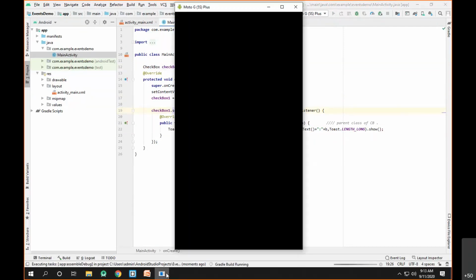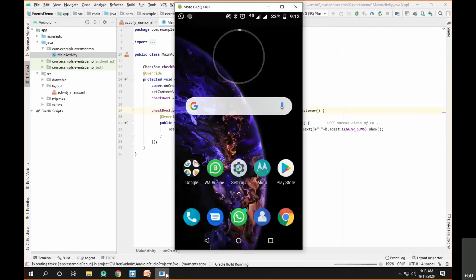This is the device that we have, and since it's the first time running, it will take some time to build our project and run it.